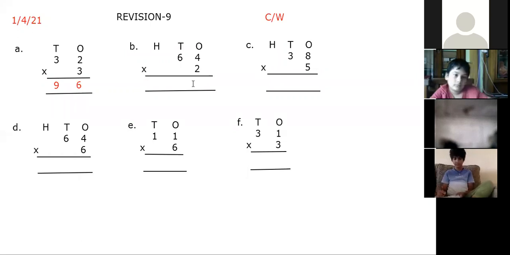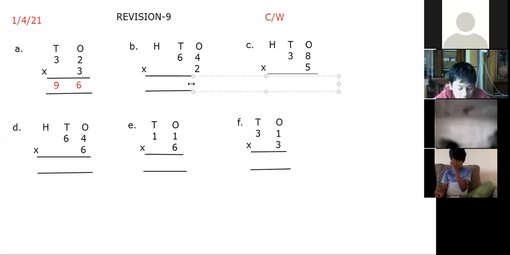So we will recall which table? 4 table, ma'am. You have to look at the number which is beside the multiplication symbol. So what is the number? 2 table, ma'am. Yes, beside this multiplication symbol, we have 2 here. So we will recall 2 table. So in ones place, what will we write? 2 4s are?